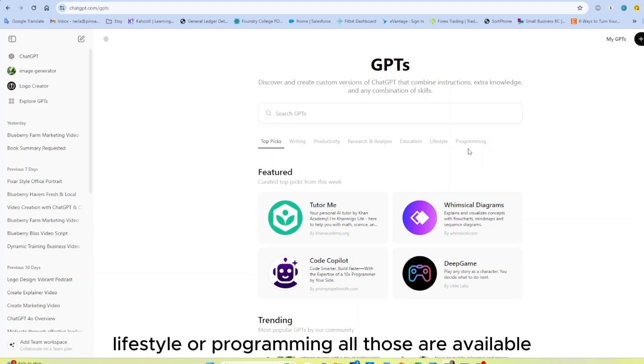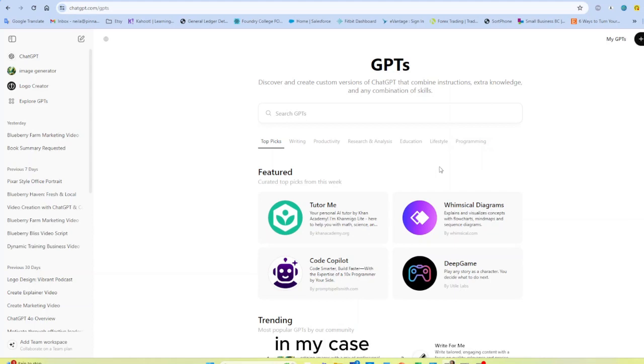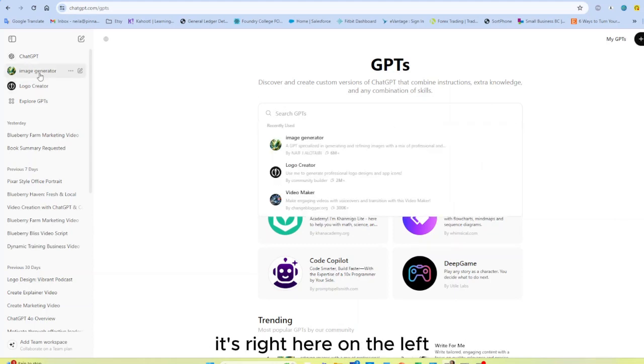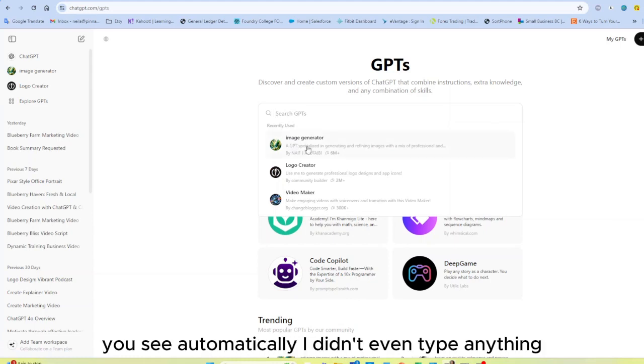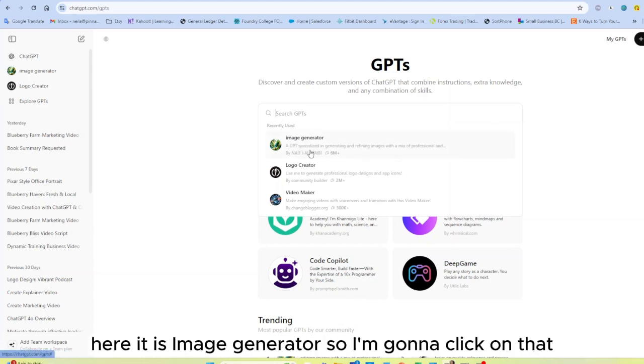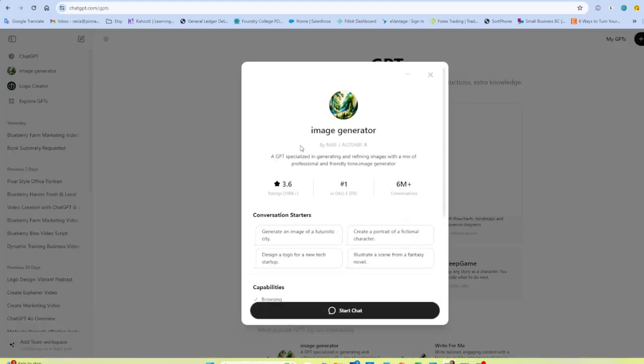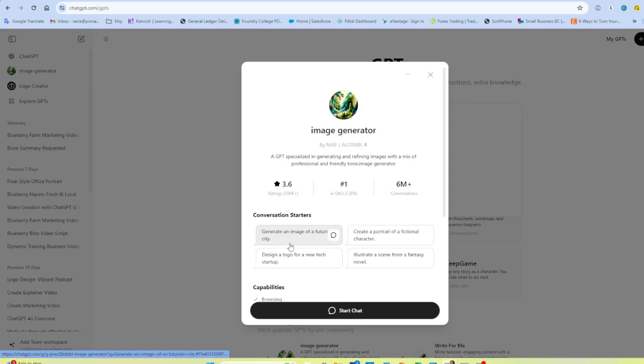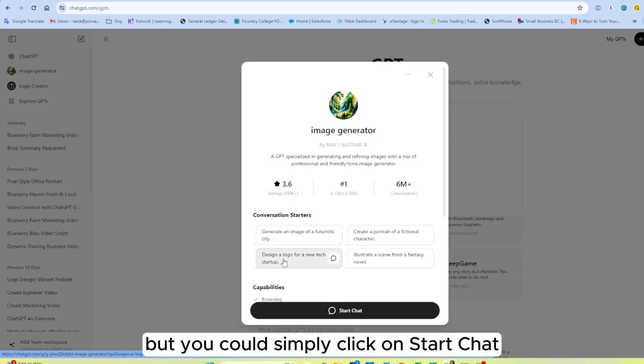All those are available. In my case, I wanted to look at image generator. And of course, it's right here on the left. But if it wasn't, when I start typing, you see automatically, I didn't even type anything. Here it is, image generator. So I'm going to click on that. And here, there are some options, but you could simply click on Start Chat, and you